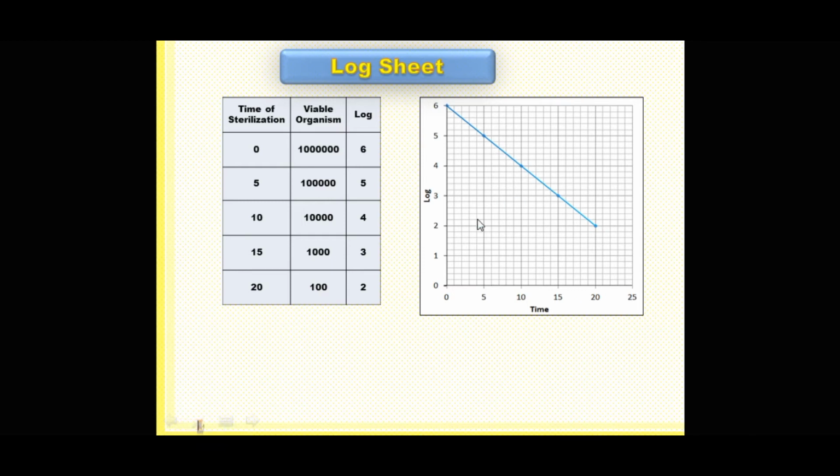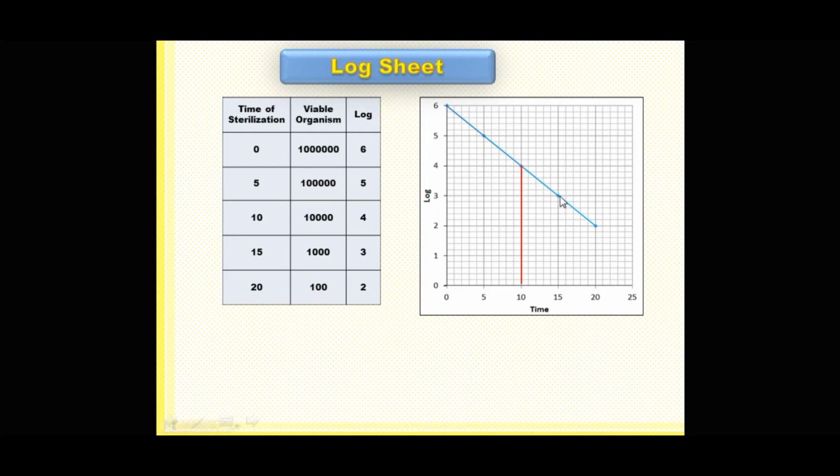So now we want to see 1 log reduction, right? 1 log reduction is 4 to 3 or 5 to 4 or 6 to 5. So see where we get the 4. Here is the 4. What is the time required to get to 4 log? 10 minutes, right? Now I need to find the 3. Here is the 3.